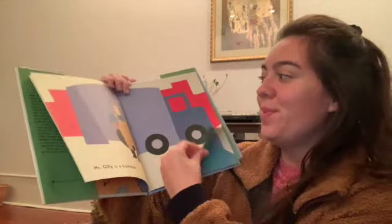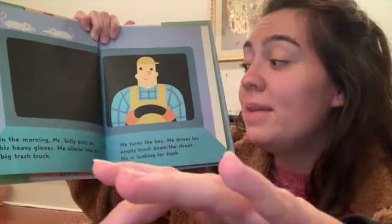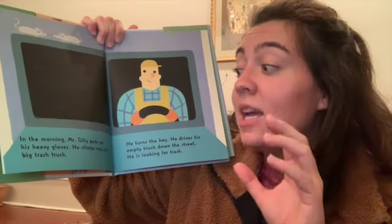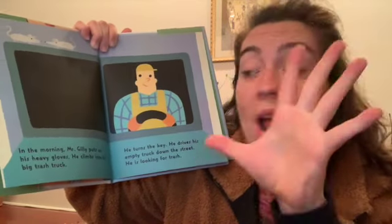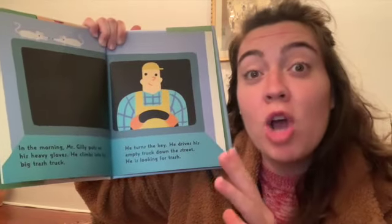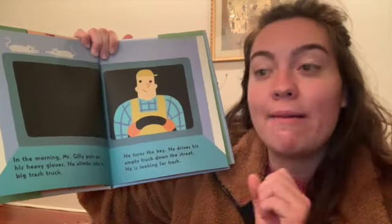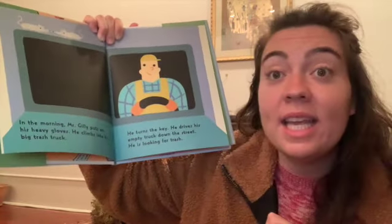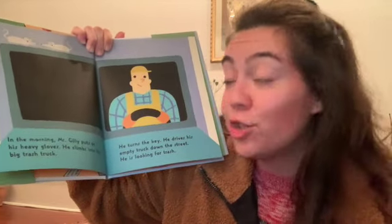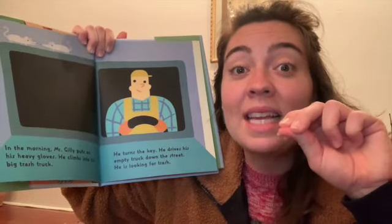Okay, here we go. In the morning, Mr. Gilly puts on his heavy gloves. En la mañana, Señor Gilly va a poner sus guantes. He climbs into his big trash truck. Entonces, Señor Gilly monta su camión de basura. He turns the key. Can everyone help me turn the key of the trash truck? Okay? Entonces, por favor, si pueden arrancar el carro, vamos y...